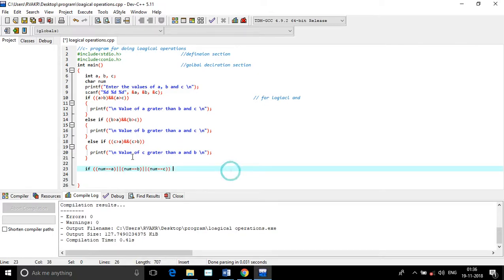So this is num is equal to a, num is equal to b, num is equal to c. So for this